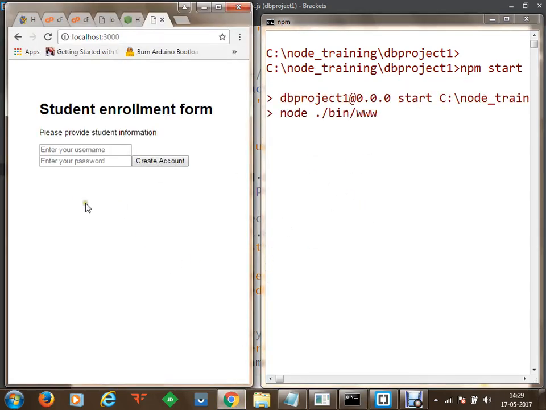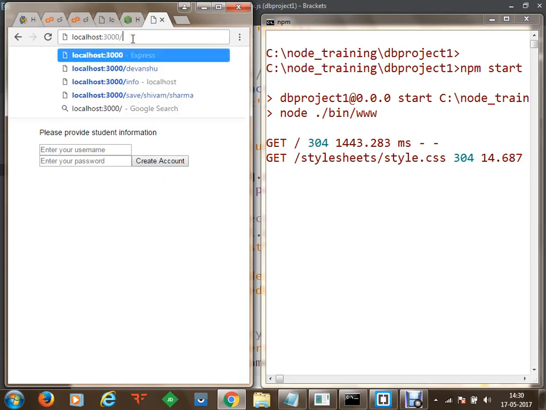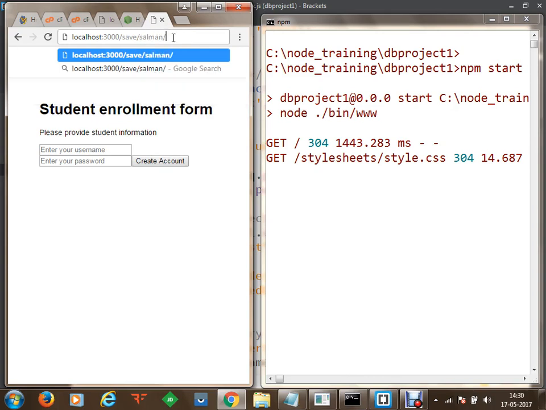Now once the server is running, you can see that since we are receiving the parameters from the query, if we test the URL from here and send parameters to save, for example Salman as the username and Khan as the password, this is the default request which we will be sending from a URL.